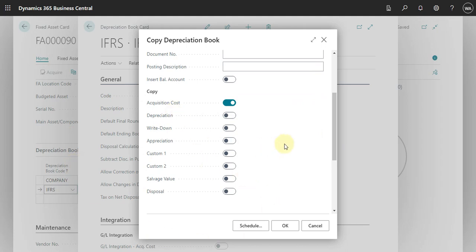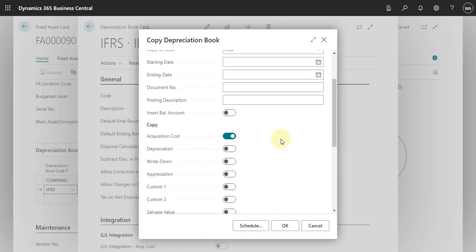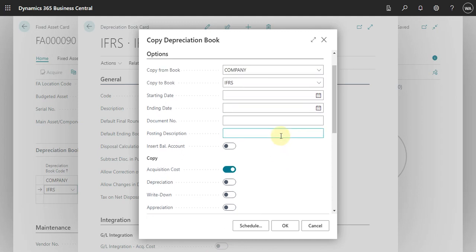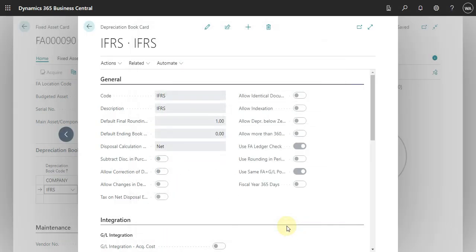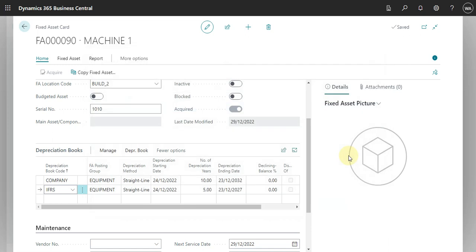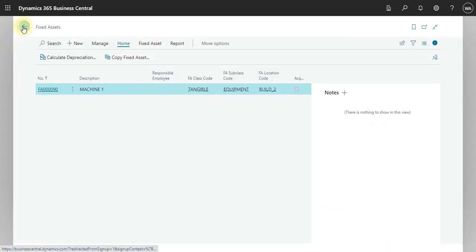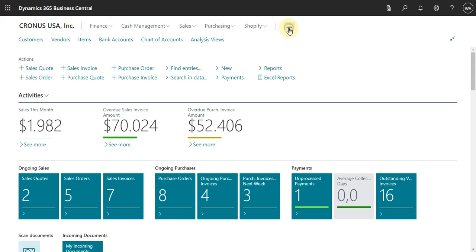But this depends on how you do this and what you need. In this case, this is for my case, right? So in this case, the only thing that I need to do is click OK, and the system will copy this. And just for explanation, for you to understand, every time that I do this in this book, there is no integration with